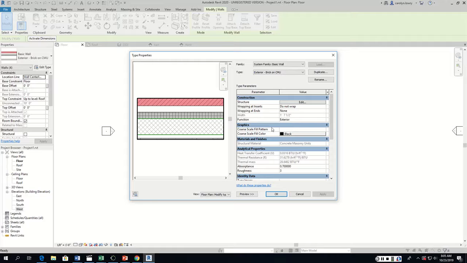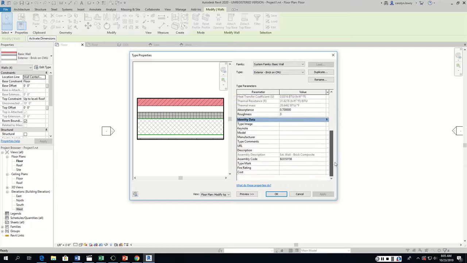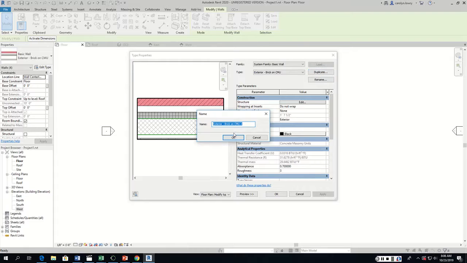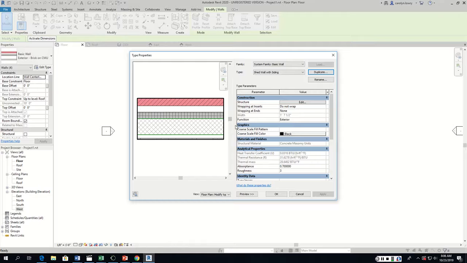And when I look at this, we've got the brick layer. We did the whole preview, show the preview of the wall. And there you go. There's all the information on it. And we were going to duplicate, and we were going to name it Shed Wall with Siding. Okay. And type Shed Wall with Siding. Okay, and then